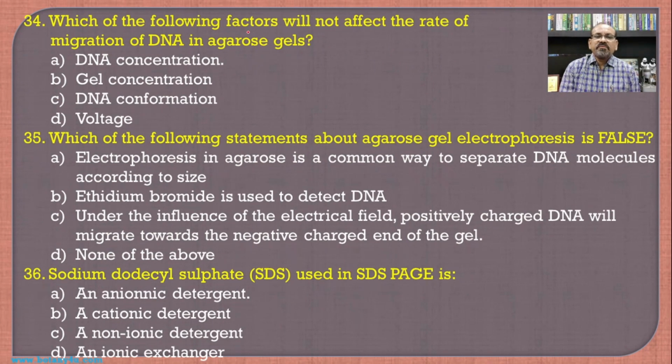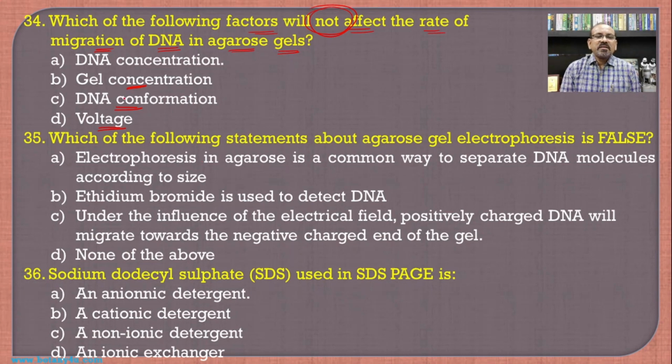Then which of the following factors will not affect the rate of migration of DNA in agarose gel? See here, not affect the rate of migration. So the gel concentration is one of the important factors. Then DNA conformation, because it will affect the density or the molecular weight of the DNA molecule, and even the decrease or increase in the voltage also affects the rate of migration of the